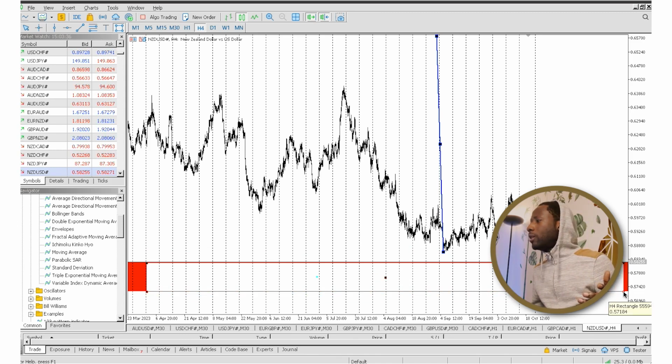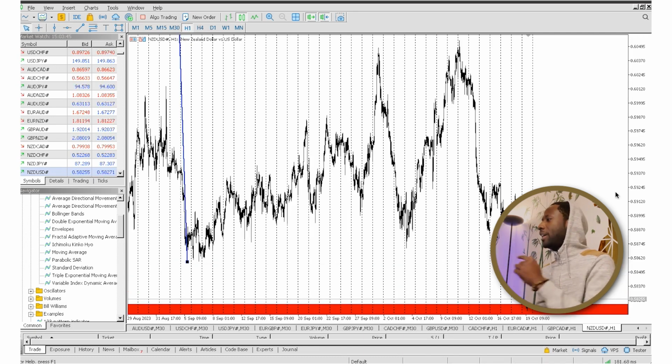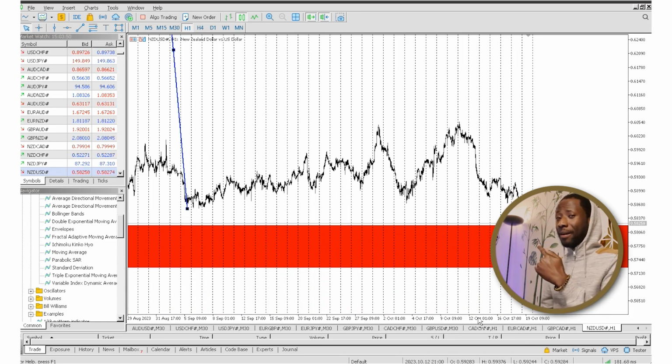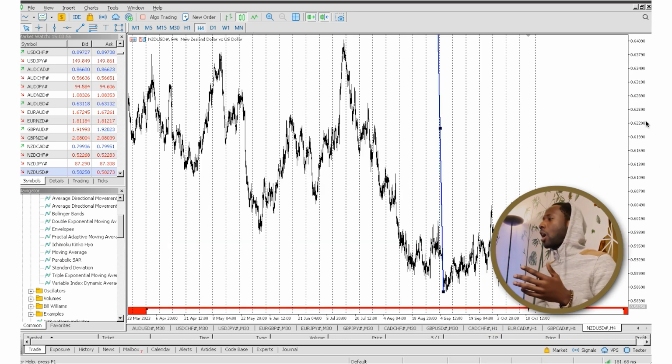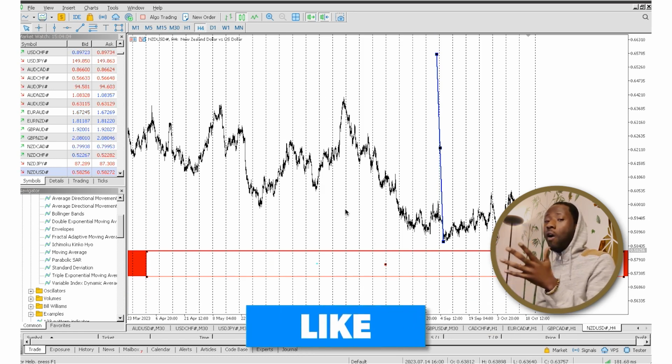You draw the same zone again here, and if I go to the 1-hour time frame, boom, there's the zone. You see it in red, and this zone is in reference to the zone that you drew in the monthly time frame, because where the umbilical cord cuts off is here in the 4-hour time frame. Where the separation comes in is in the 4-hour time frame.